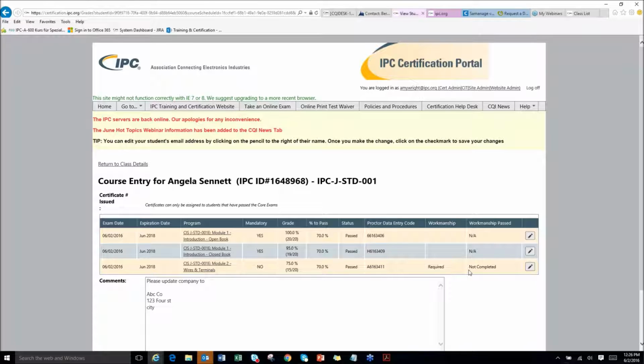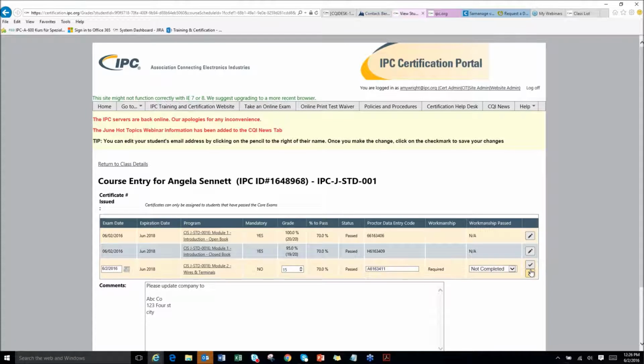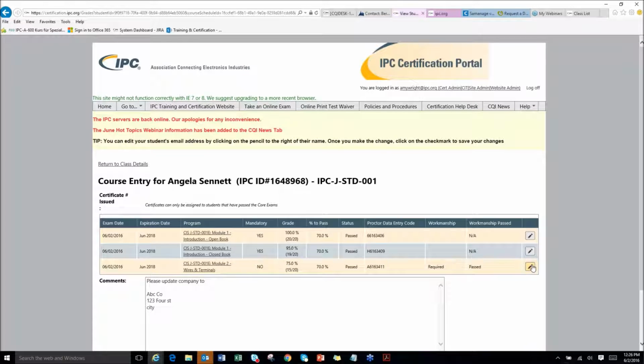So to update the workmanship, I click on the pencil to the right of that module, and now I have a drop-down where I can either say that they passed or they failed. In this case, we'll say that she passed. We click on the check mark to save the information, and now when I return to my class details, I'll see that